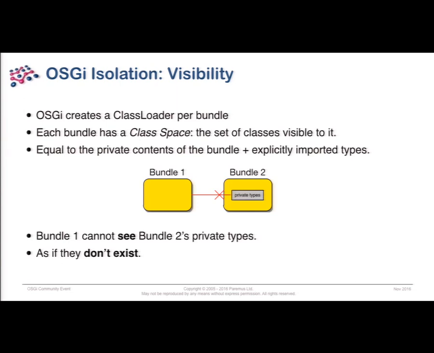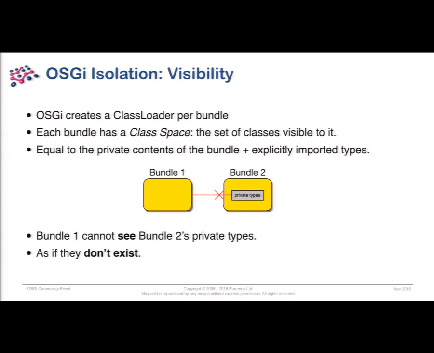So how does OSGi achieve this isolation, first of all? OSGi achieves isolation with the concept of visibility. OSGi creates a class loader per module, per bundle. So each bundle has a class loader, it has a class space, so the set of classes that are visible to that module. And it's equal to the private contents of the bundle, so all of the classes and types that are inside that bundle, and anything that it's importing from anywhere else, but doesn't include any private types within other modules,